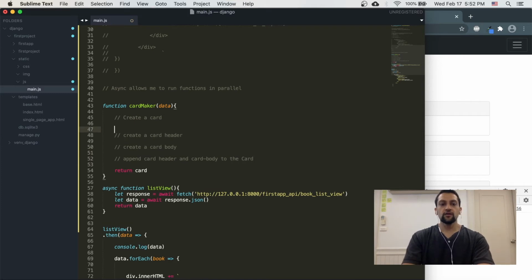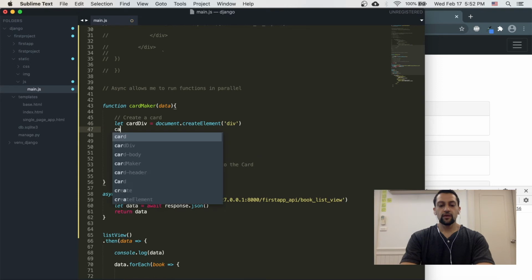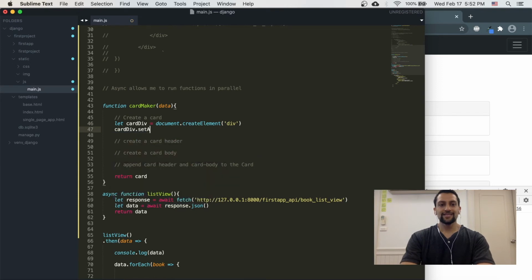So สั่ง card อย่างไรครับ so นี้ let card div equal document dot create element และข้างในนี้เป็น div และ card div dot set attribute